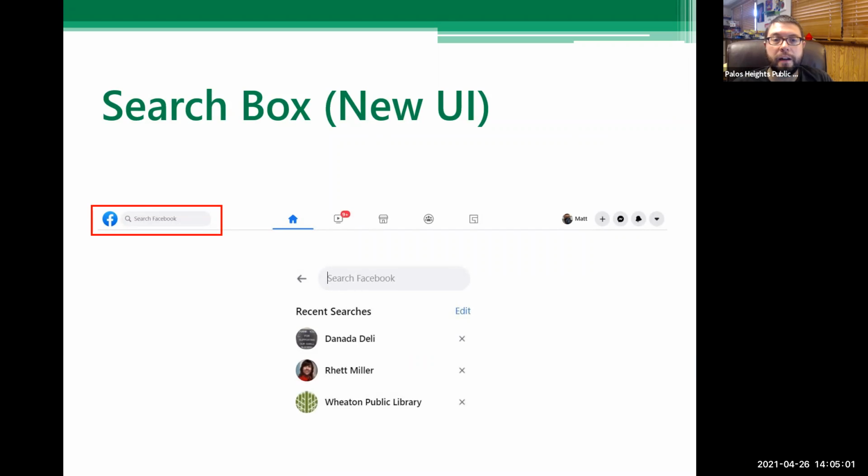The screenshots are from just the computer web browser based Facebook page. If you are using an iPad or an iPhone or an Android device, it should all look similar, maybe just a little scrunched up. They recently redesigned Facebook to kind of unify the looks between computer and phone and iPad.